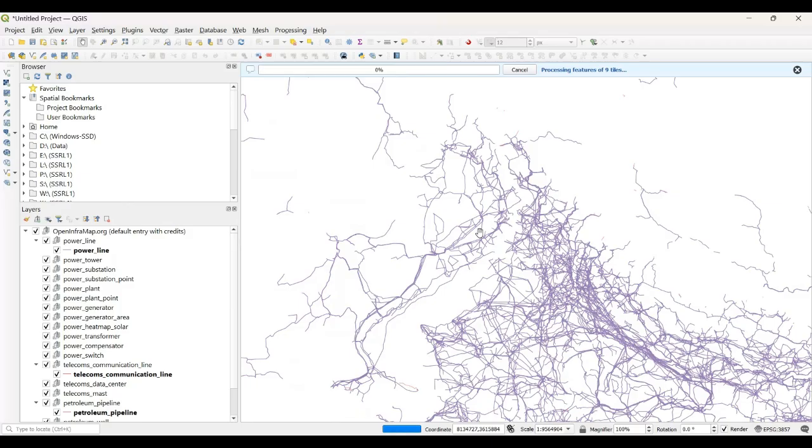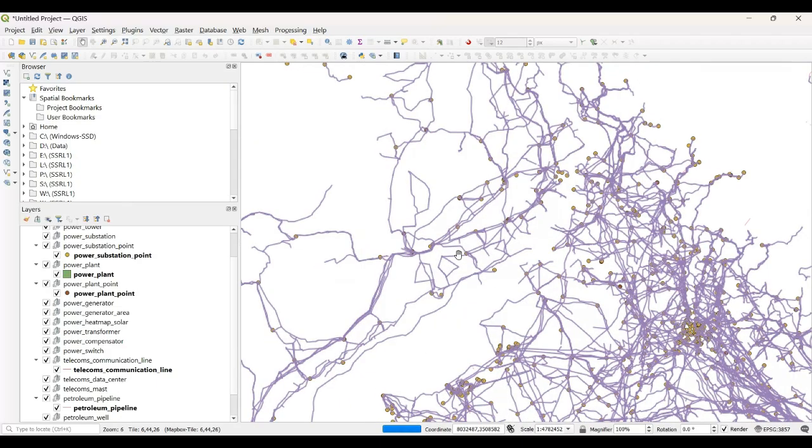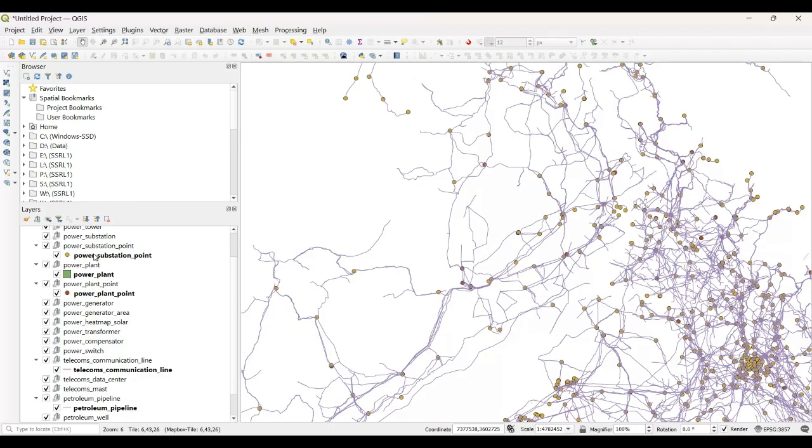So all the layers are there. You can control these layers, turn them on and off, and then you're going to be exporting those layers. So for example, in this screen, if I want to export this data, I can do export and save as a feature layer, and then you have the option to convert all that information into a different format. So I will go to the shapefile, and then put the name of the shapefile